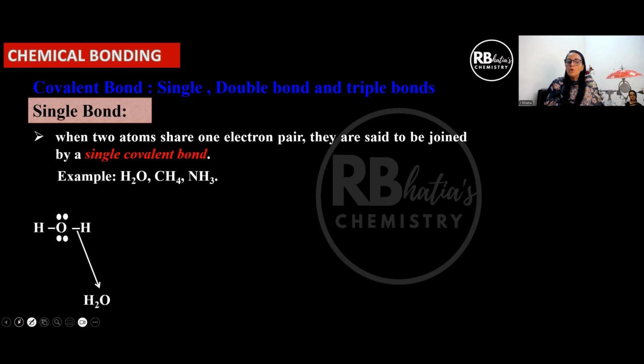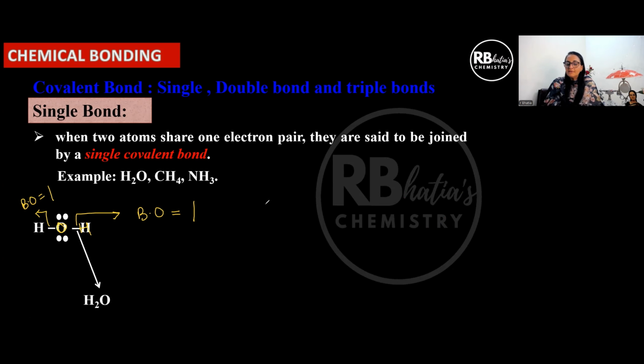You already know when two atoms share one electron pair, they're said to be joined by a single covalent bond. And let us say I ask you what is the bond multiplicity or bond order of this OH bond. I'll say bond order or bond multiplicity is 1. Similarly, what is the bond order of this OH bond? It is also 1. Bond order is only defined for one pair of atoms, that is 2 atoms, not for